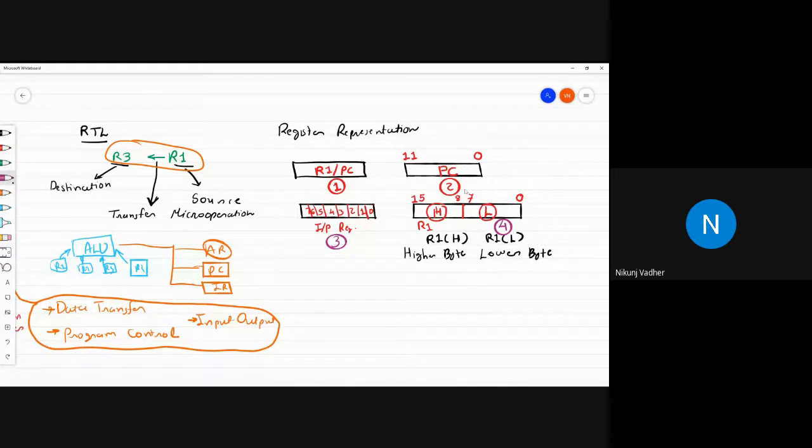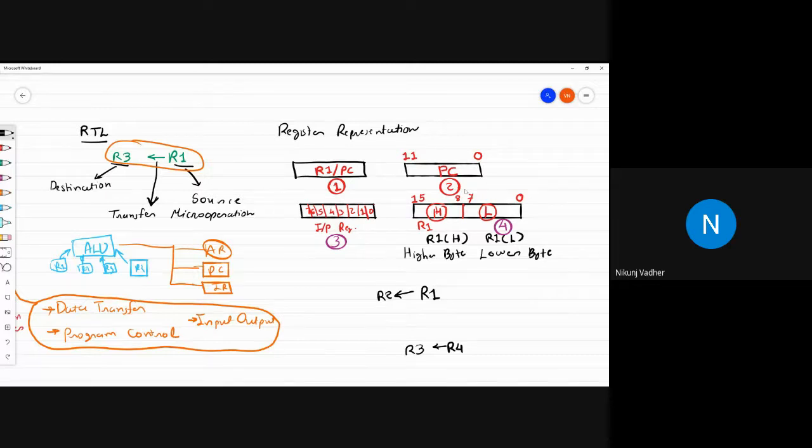Now, in case of register transfer language only, let's say we want to transfer content from R1 to R2, and R4 to R3 at the same clock cycle, or in parallel.